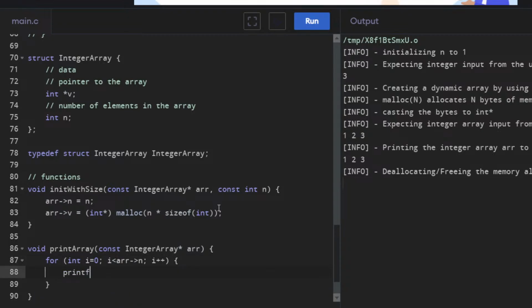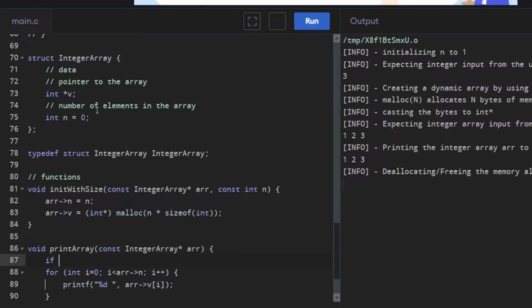This is pretty standard what we are doing, and arr of v of i. We can do some assertions, we can do some checks before this. To check, we can initialize this to 0, and